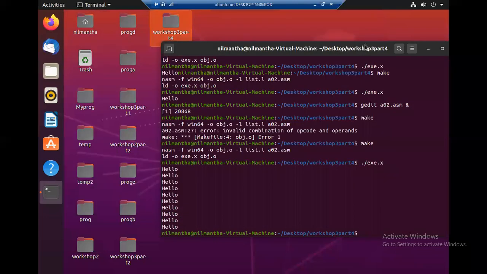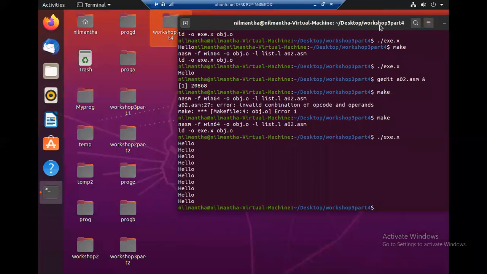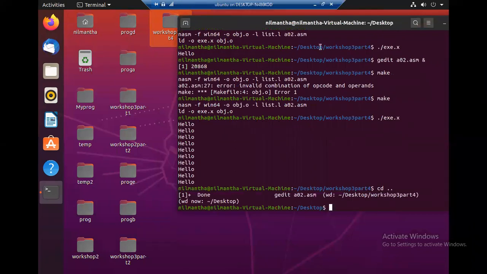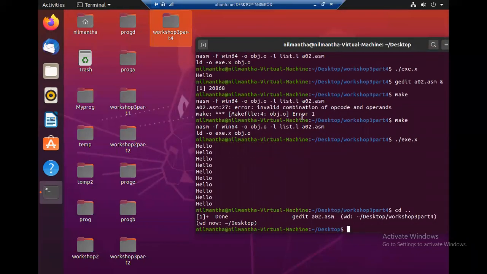So like previous, I recommend you to change the directory and copy the last workshop as workshop 4 part 1. Copy the last workshop. And you have to copy it recursively.